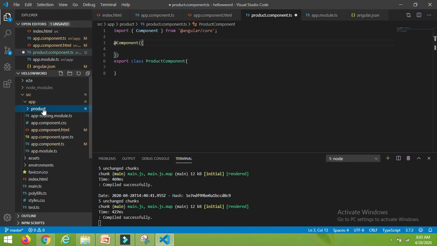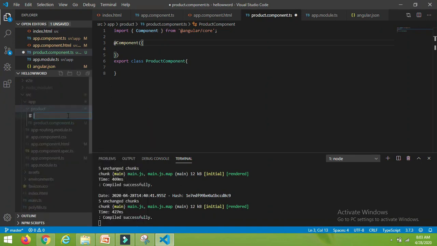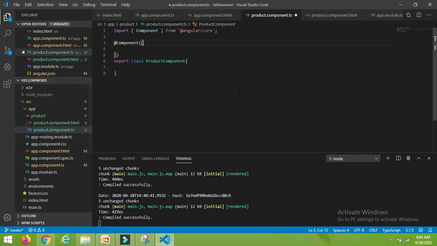Let's right click on this product folder and create a new file, product.component.html, because we are using HTML here. Now I have created this product.component.html. So now let's open our first file.